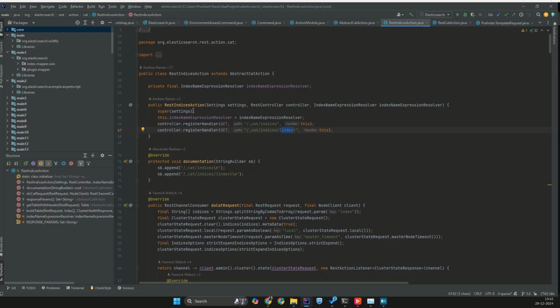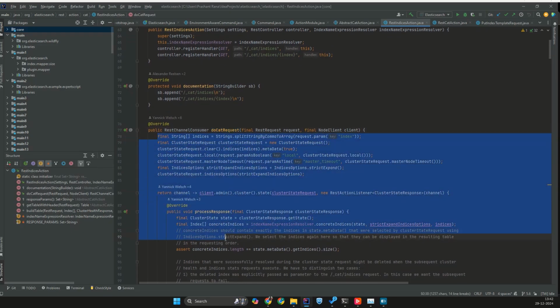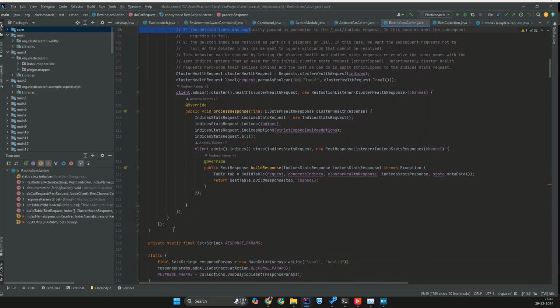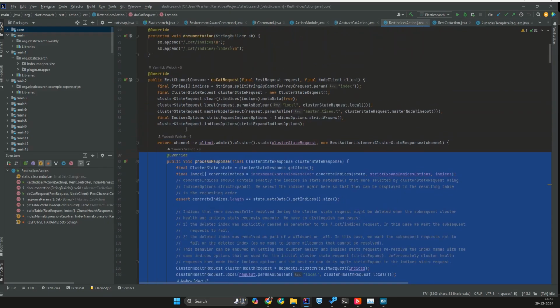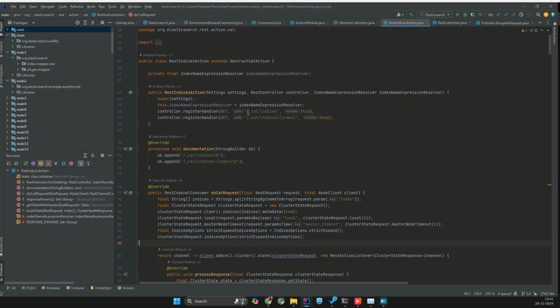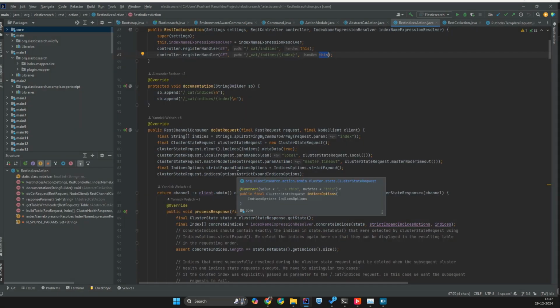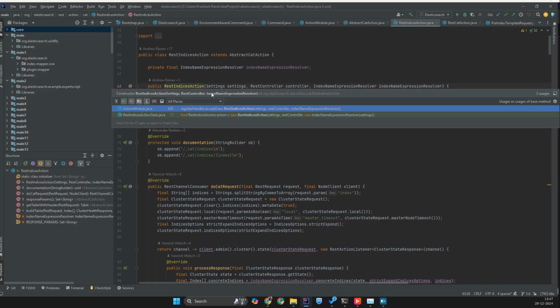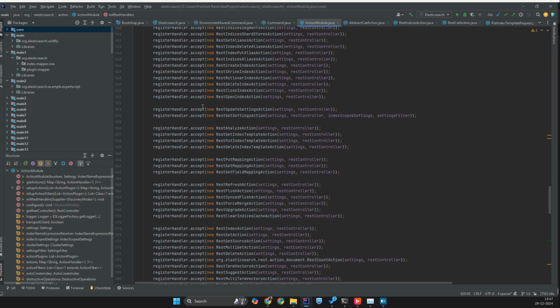Now we know that this class seems to be responsible for sending the data for a cat request, right? So this is a request and this is all the code that is happening. We can understand later how exactly it is giving you the data. But how does Elasticsearch know to come here whenever a request of this type is coming? How does Elasticsearch know to come here and give you the response? For that, one way we can go is to check where this function is used and trace back. Or in this video, what I'll be doing is going